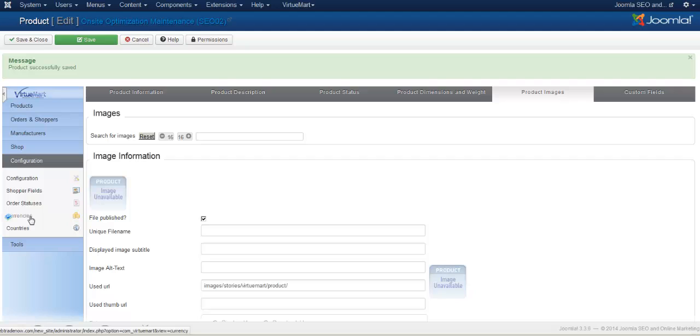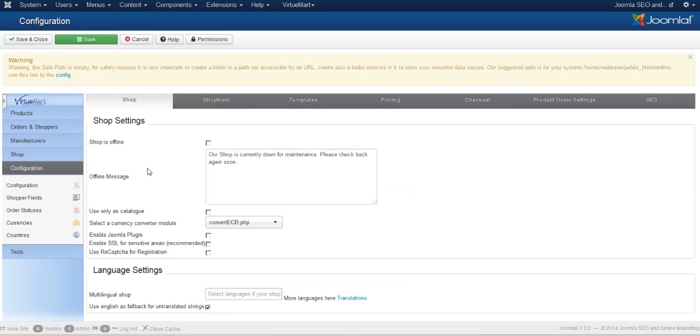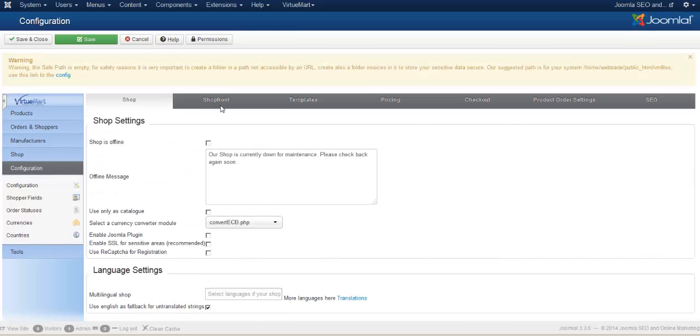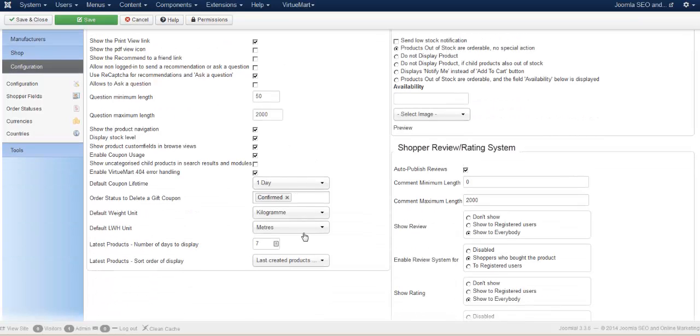Okay, and then going into configuration, here it's also the basic configuration just to show you a little bit of what that looks like. Here you'll set the configuration of the shop, the language settings. If you have a multilingual shop, you'll get your languages here. Your shop front, but also don't forget you actually have to install the Virtuemart language file first. And then after that, your shop front is how you want your store to be displayed on the front end. What are you going to be using? Pounds, kilograms, or